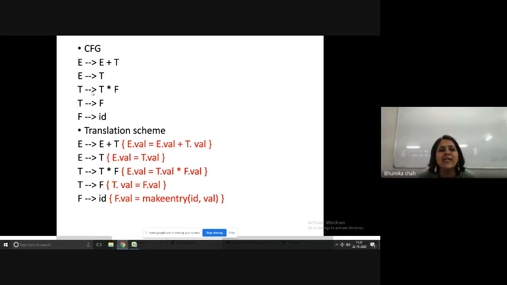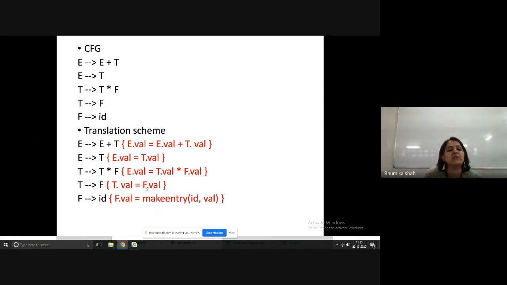Okay, I'll pick up the second rule, E derives T, and at the end I will write the semantic rule in curly brackets. What is the equivalent semantic action? E dot val is equal to T dot val. Okay, I will pick up the third rule, T derives T multiplied by F. Now again, it is also generating a synthesized attribute. Hence, the semantic action will be added at the end as, sorry, it should have been T dot val, not E. Please read it as T dot val. So T dot val is equal to T dot val multiplied by F dot val. Okay, move ahead. T derives F. So the semantic action T dot val is equal to F dot val is added at the end because it is a synthesized attribute.